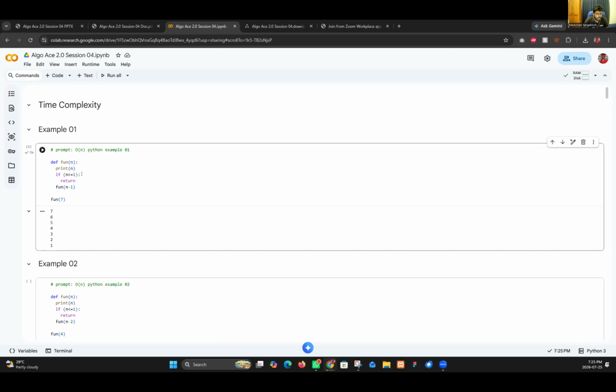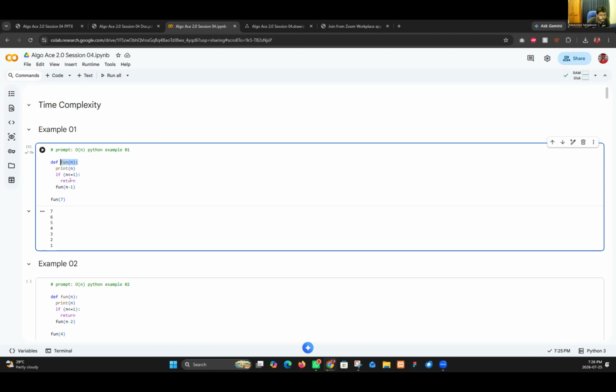This is a part we need to think about. Eventually I will come to that part also. The function will run, and if it is this it returns, otherwise the function calls itself again.